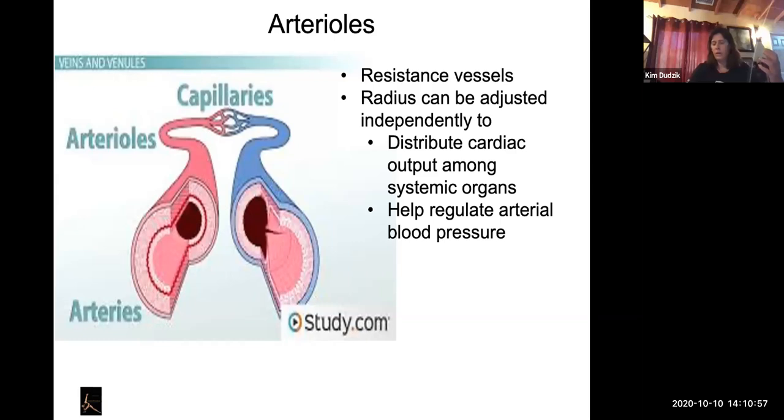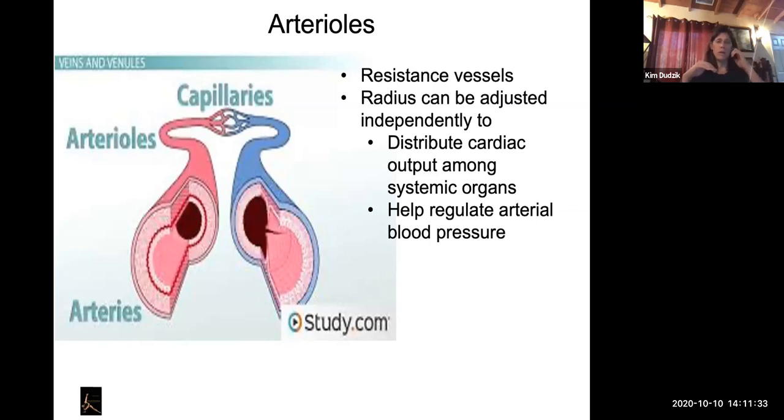And these are called the arterioles. So arterioles are where we adjust the flow to the specific organs. This can also help regulate arterial blood pressure as well. Okay, but mostly what we're doing here is we're going to vary the amount of blood that can go to each of the different organs. So recall from the first lecture, you saw that distribution, that tree of different percentages of blood going to different organs. And so we can also increase or decrease that as needed, as the body needs.